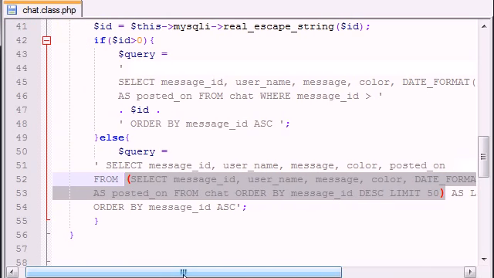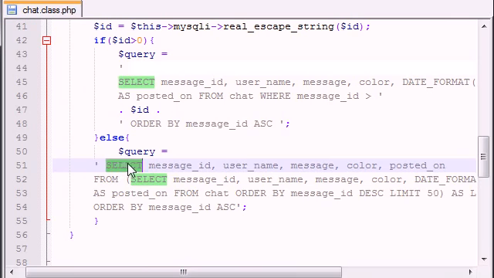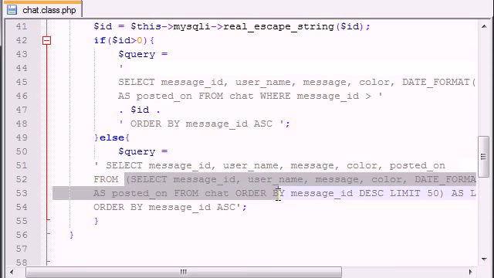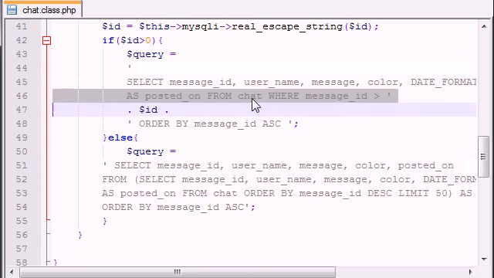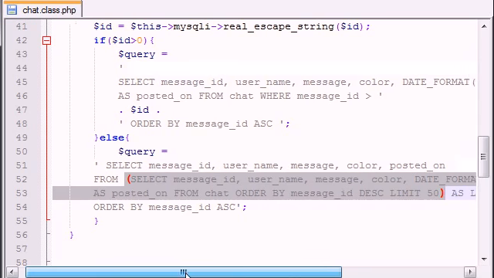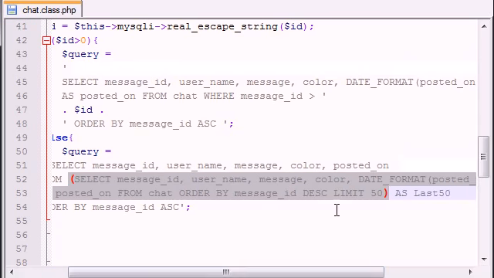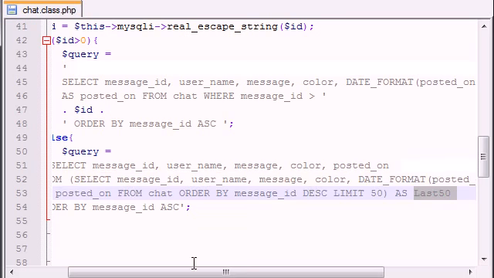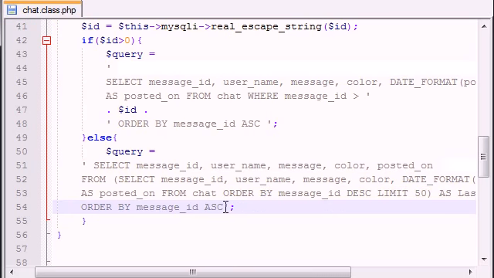Now we're going to select all of the information that we need, and instead of saying from chat like we did up here, we can say from these results. Those are two different ways, and if you don't know about this, watch my MySQL tutorials and you'll understand what this means. So you select that as last 50, and you order those results ascending